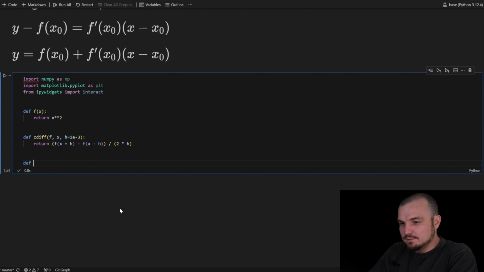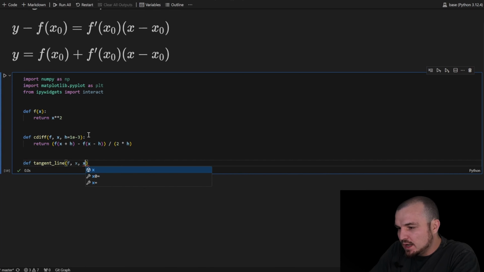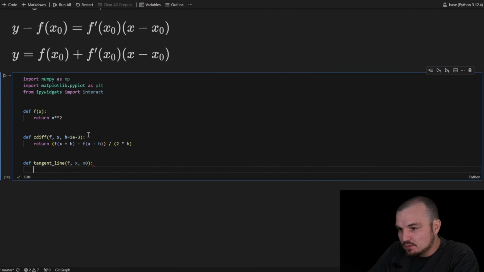Now let's define a tangent line function. We receive approximately the same bunch of arguments, but as the last one, instead of h, we have x0. For the implementation, let's look at this formula and make exactly the same in Python.